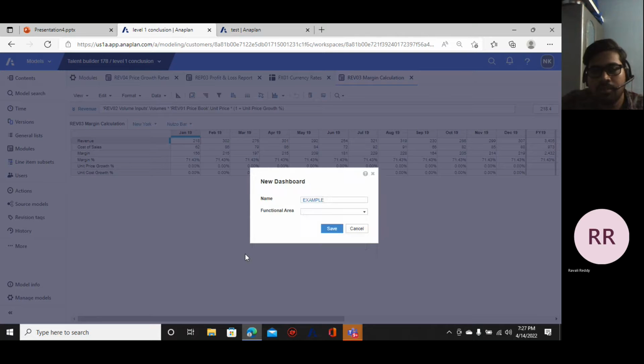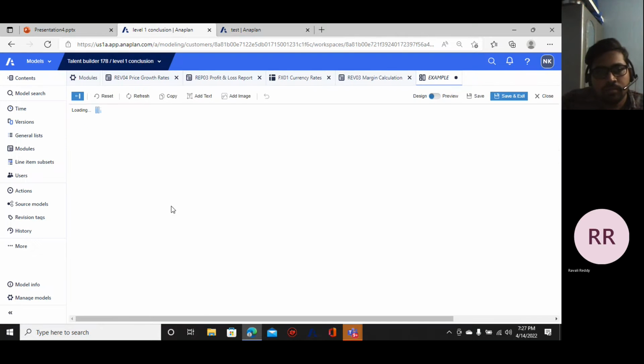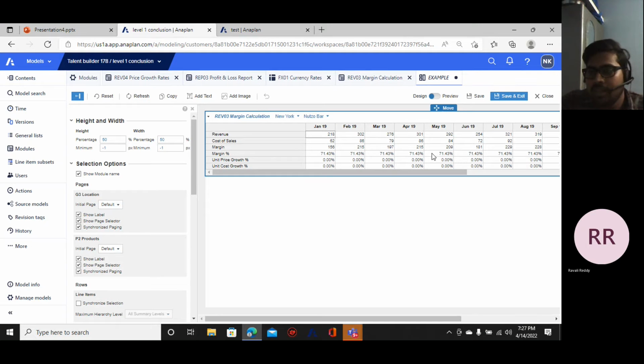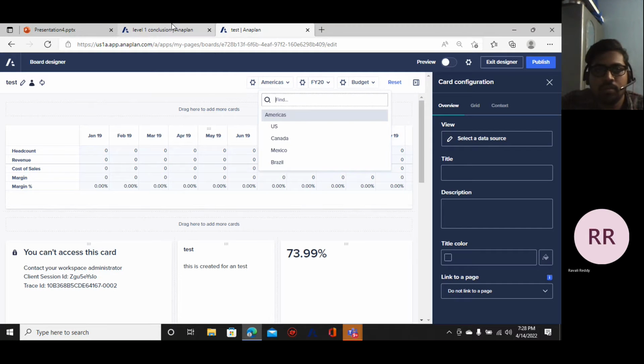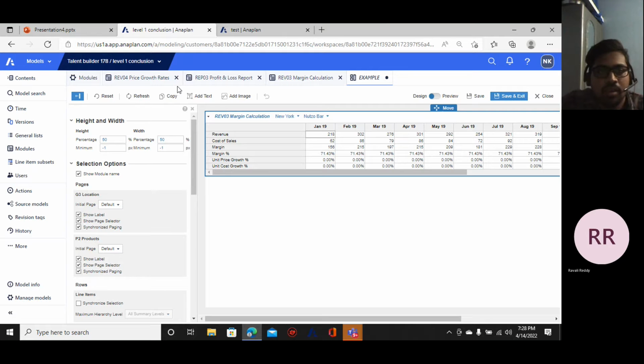Let me take it as an example. Now the element has been created. Now we can see it in the UX page. The elements are also created here. Here we can see multiple options to sync with one module to another module, so that it will represent the data. So this sync, how it is happening, let me show that one also,